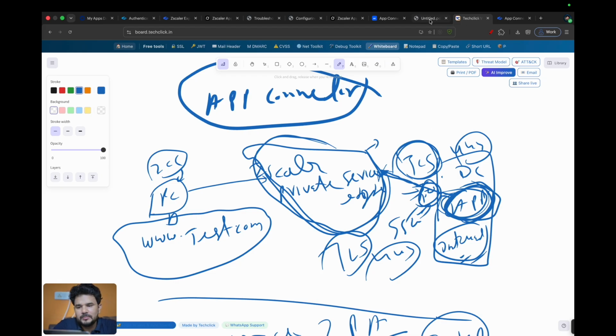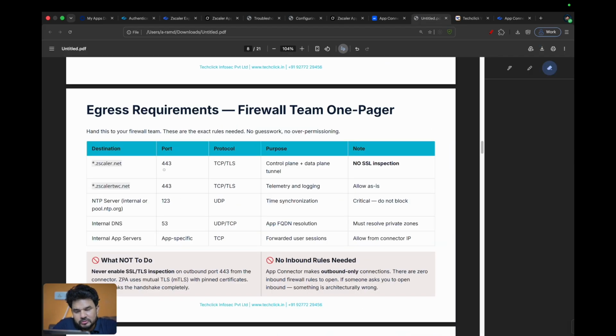Okay, so how many ports? 443, as I mentioned already, 443 should be open. Okay, and *.zscaler.net should not be SSL inspected. You cannot expect SSL inspection on Zscaler traffic, otherwise it drops the request, right? So no SSL inspection on *.zscaler.net. You can wildcard bypass this in SSL inspection if you are using a firewall between the Zscaler public service edge and